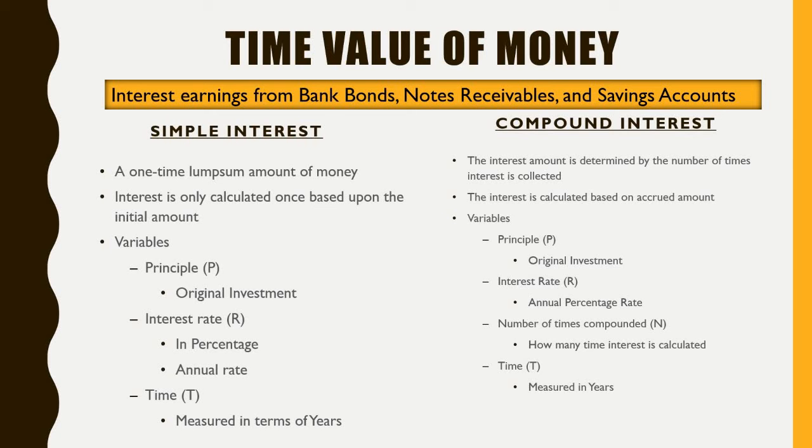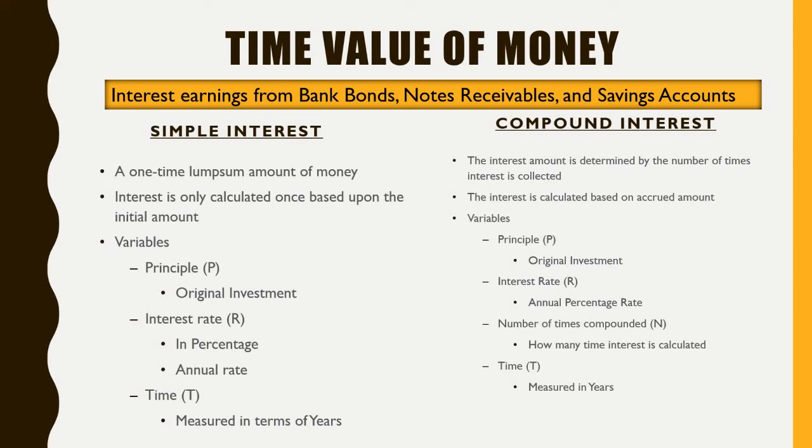And then lastly, you have time. All right, so usually it's measured in years, but if it is measured in less than a year, then you're going to have to do some kind of conversion to be able to use the formula, right? So every time we're doing this, we're assuming that the formula for simple interest and even compound interest is going to be based on the year,